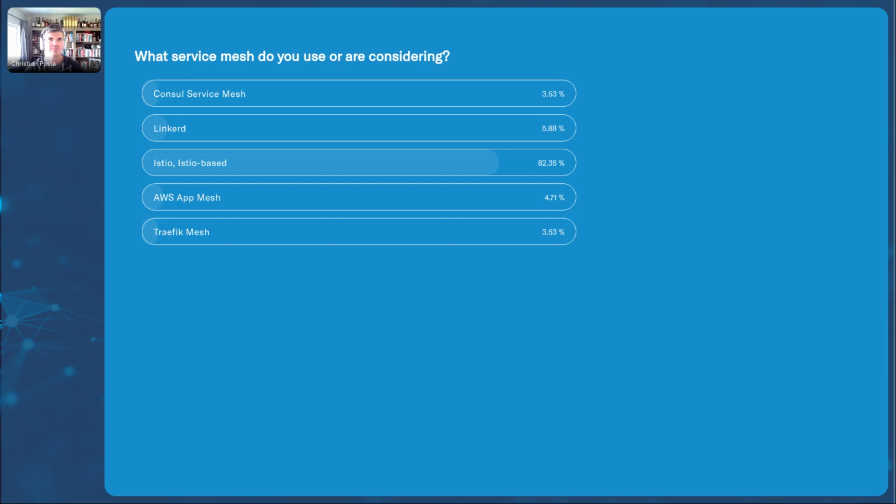Now there is some impact on any approach that you take to solving this problem. Generally, what I can say and what we've seen in the wild is that Envoy proxy should be able to run with a millisecond or sub-millisecond performance impact.